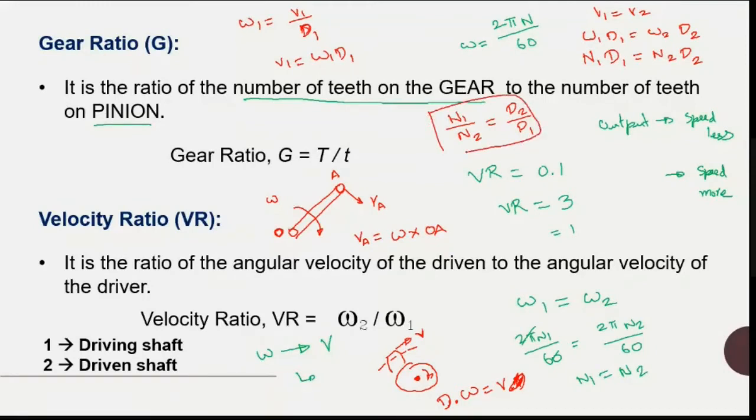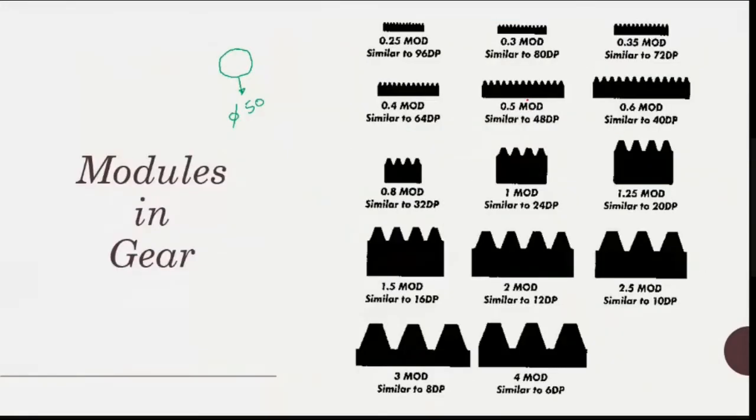So your diameter relates to speed. If you have two gears, to identify the difference in speeds you can use this particular formula, N1 by N2 is equal to D2 by D1. I think you have learned in belt drives something like this. I don't know whether you learned it, but anyway, this is another formula you can relate to gears. N1 by N2 is equal to D2 by D1. Okay. So this is the model.